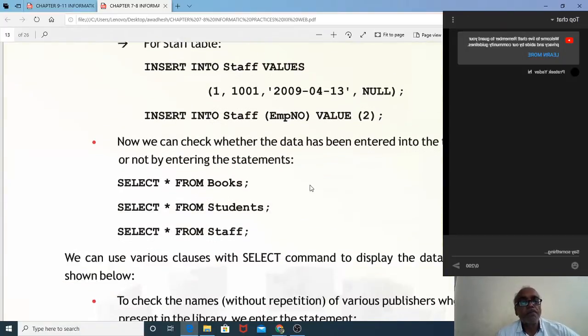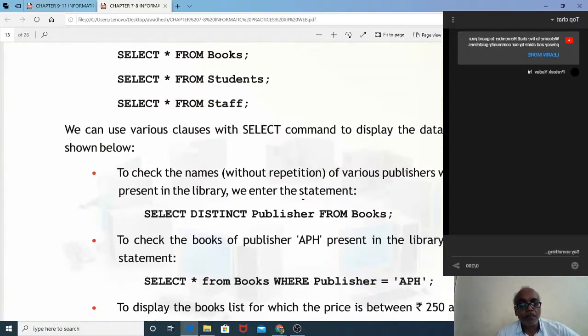Select distinct publisher from books. So what will it do? It will give you all the distinct publishers data, so no names will be repeated here.